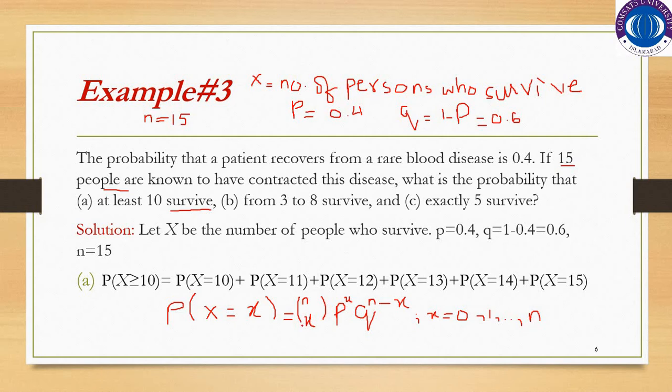Now by substituting the values, n will be equal to 15, p will be equal to 0.4, q